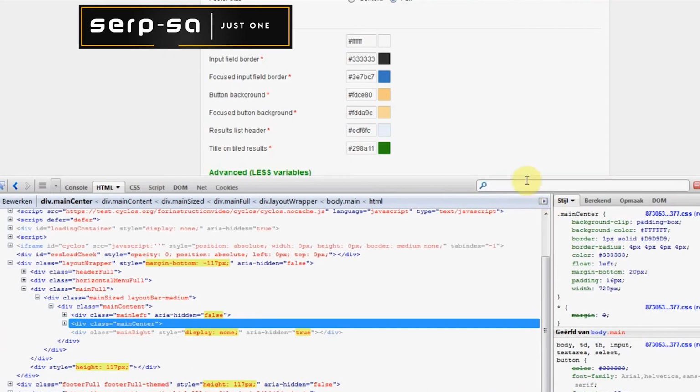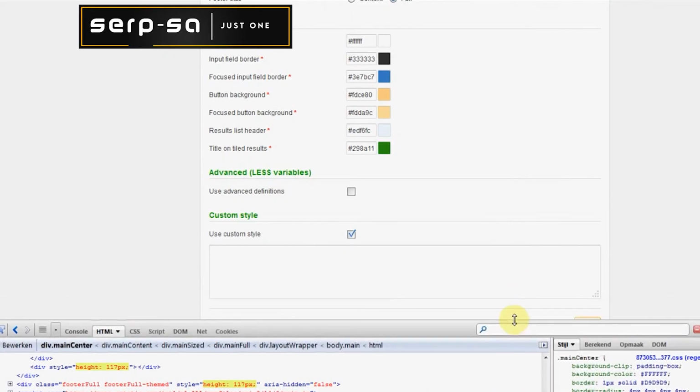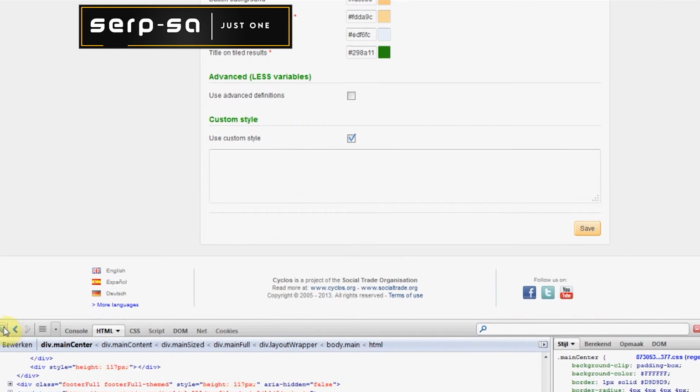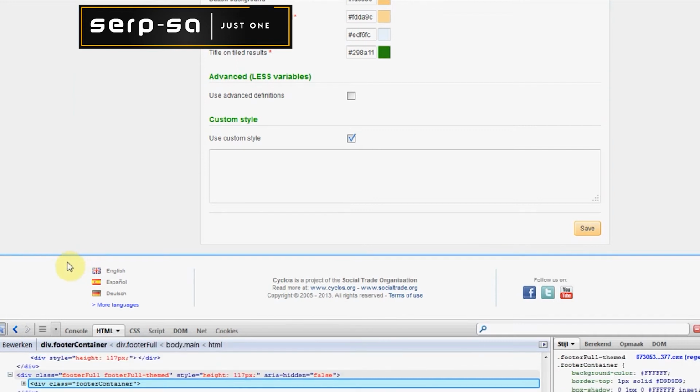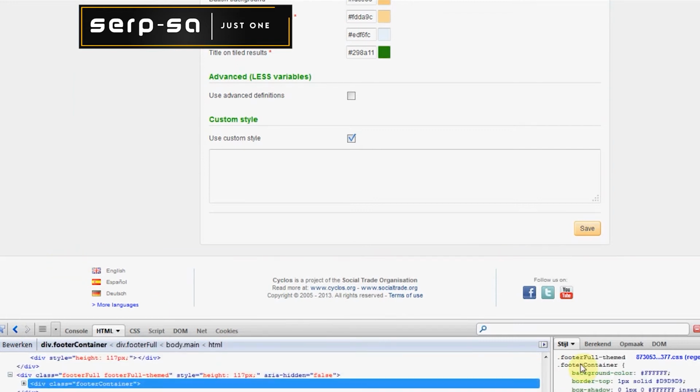It's very handy to use Firebug for this because it will give us a lot of information. And this last style sheet will just be loaded as the last style sheet. So if you know a little bit of CSS, the last style sheet will always override the other style sheets, but elements that are more specific than this element will override this element again. So let's do that. So for example, we see the footer